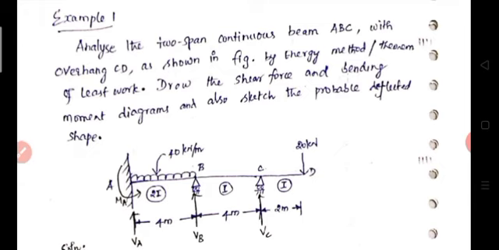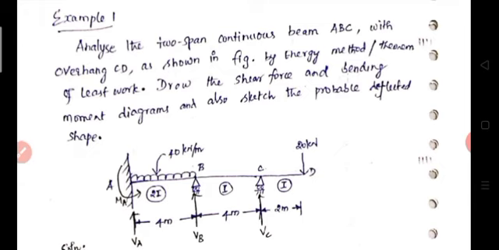In the force method we have to select unknown forces, and with the help of compatibility equations we can analyze the structure. So our prime requirement is to select the unknown forces. For this, first we want to determine the degree of indeterminacy. But before determining the degree of indeterminacy,